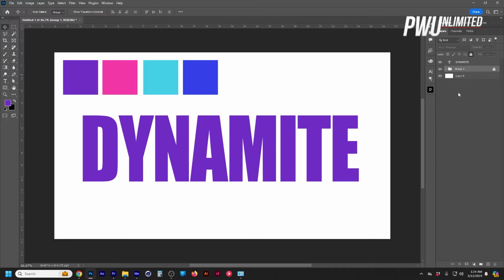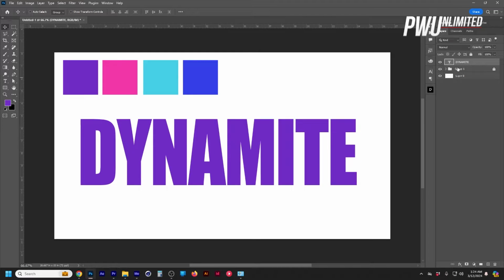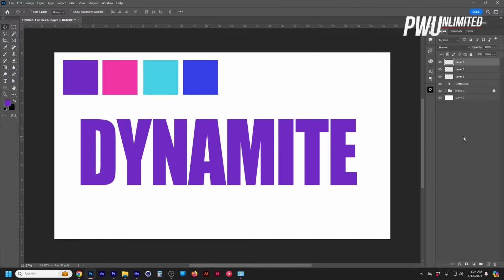Now here's what we're going to do. We have our Dynamite layer here, the text layer. You can leave that there. And I'm going to create 3 new layers. So you can either hit the create new layer button down at the bottom, or you can just click Control Shift N. Make 3 of these. Then I'm going to make sure that they all have what is called a clipping mask. So you hold Alt on your keyboard and click literally right between the 2 layers. We're going to do that with all 3. That way, whatever shows up on these layers 1, 2, and 3 will only show